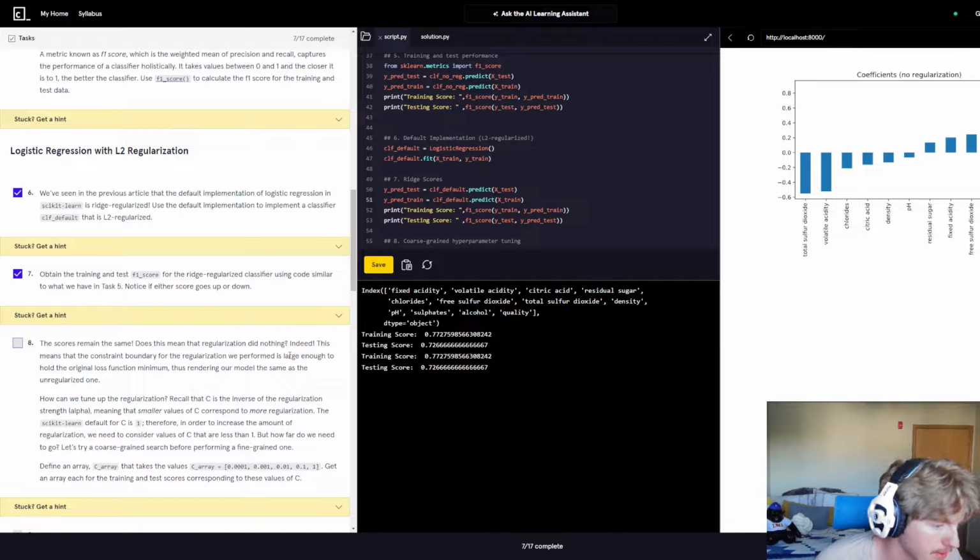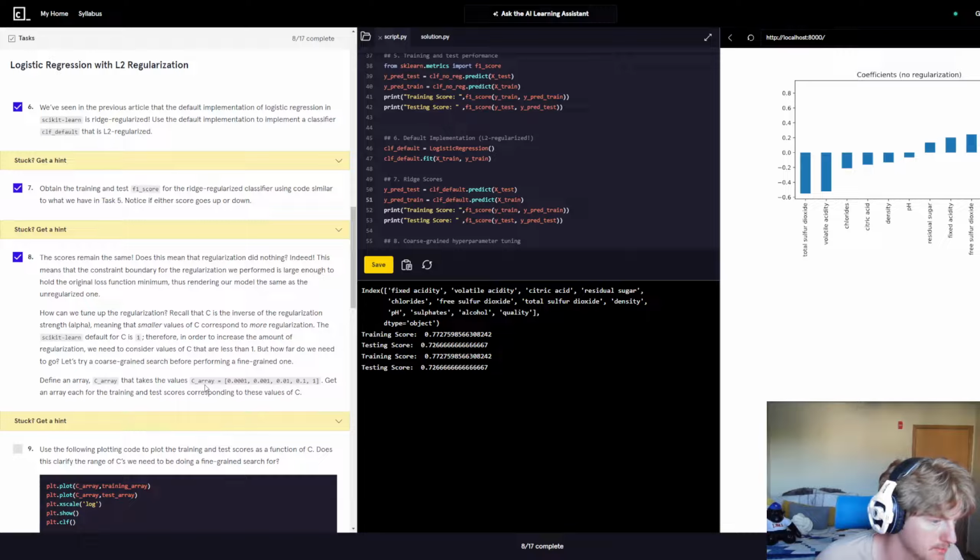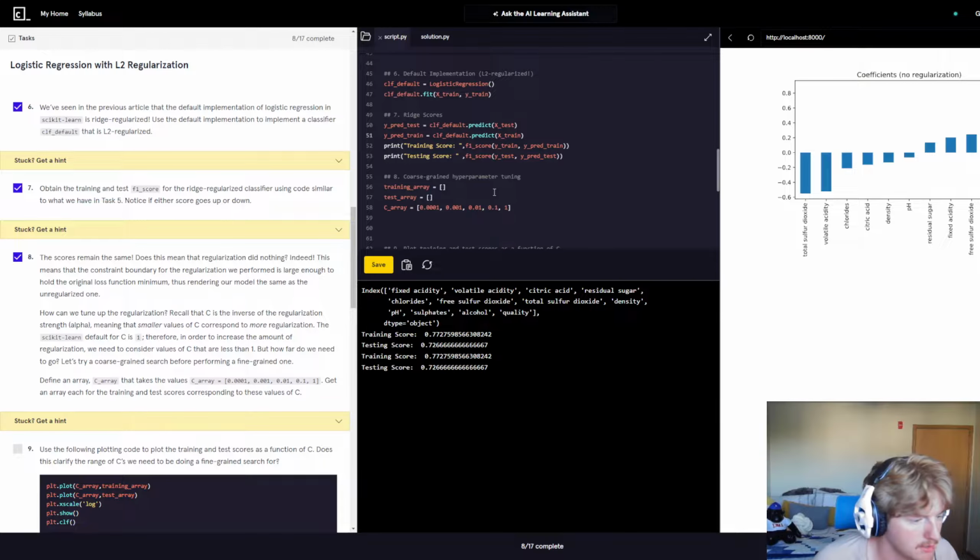How can we tune up the regularization? Recall that C is the inverse of the regularization strength alpha, meaning a smaller value of C corresponds to more regularization. In scikit-learn, the default for C is 1, therefore in order to increase the amount of regularization, we need to consider values of C that are less than 1, but how far do we need to try? Lovely. Let's define an array C array that takes values of C,